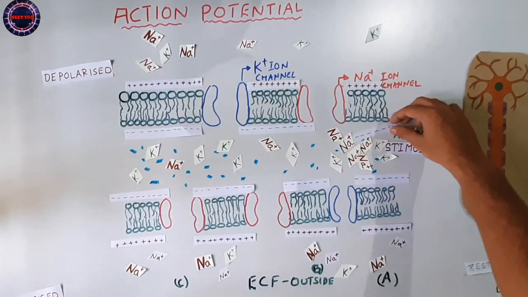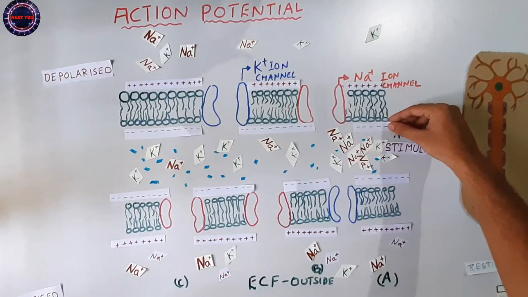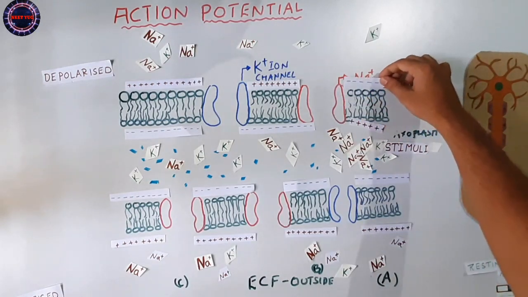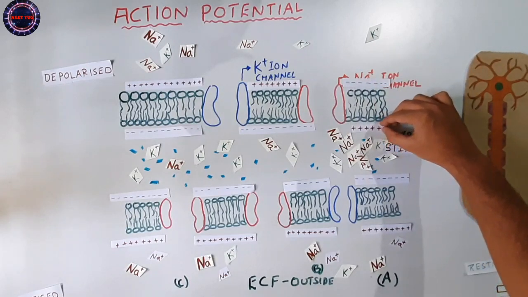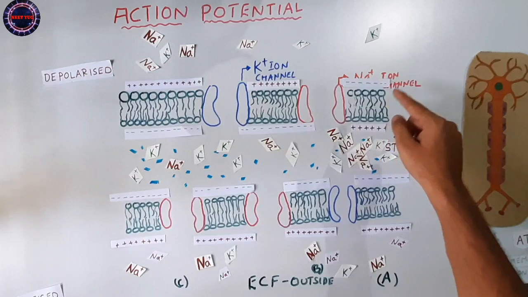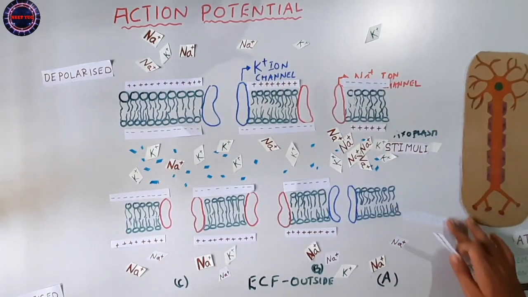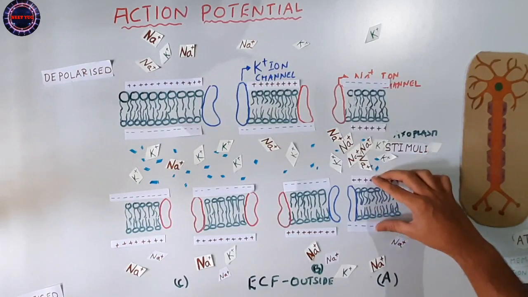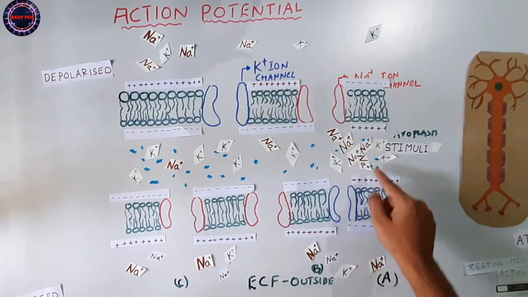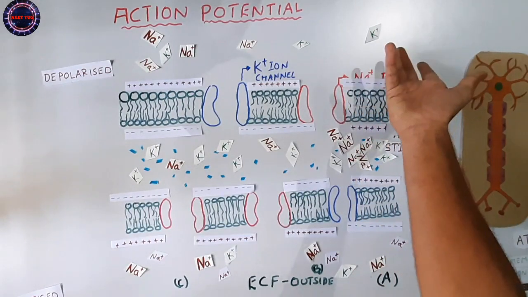This will make the entire site A reverse its charge. See, the negative charge earlier will now become positive, whereas the negative charge goes outside. So this is the reversal of the charge. Again, you can see the electrical potential difference is reversed on both sides of the plasma membrane. At the same time, the sodium ion concentration is now reduced, very low